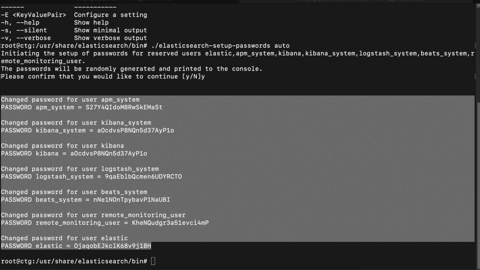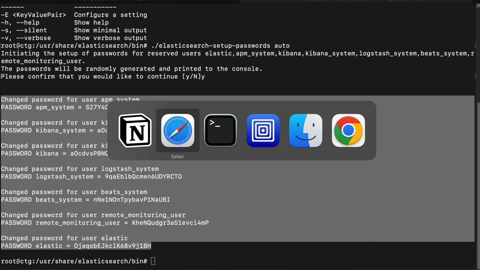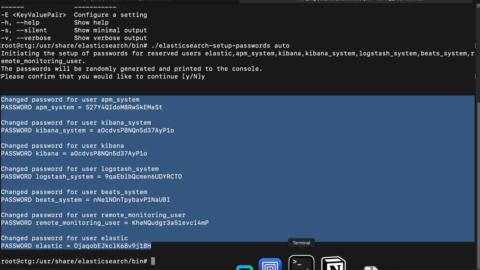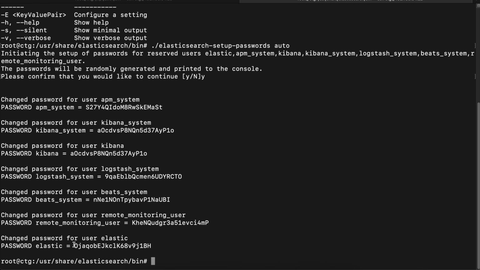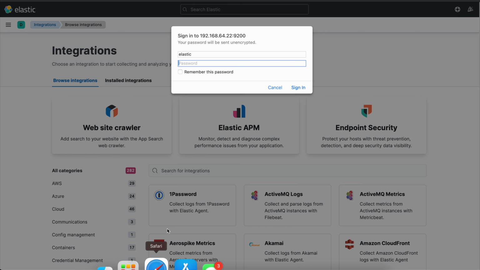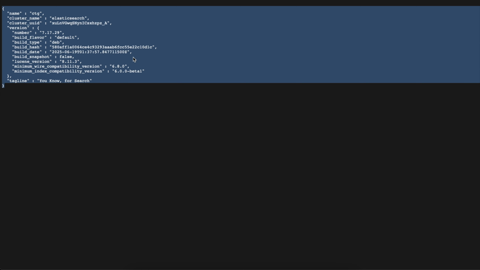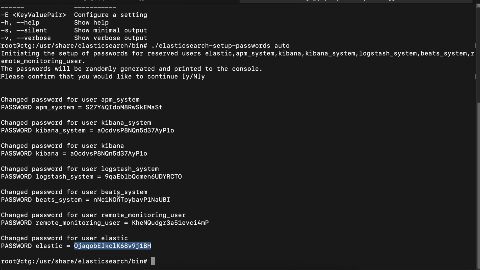I'll just save it in my Notion for now. So next what we can do is we can actually try this. Elastic, and the password for Elastic is this. You can see it's working. Now what I would do is I'll clear the screen,